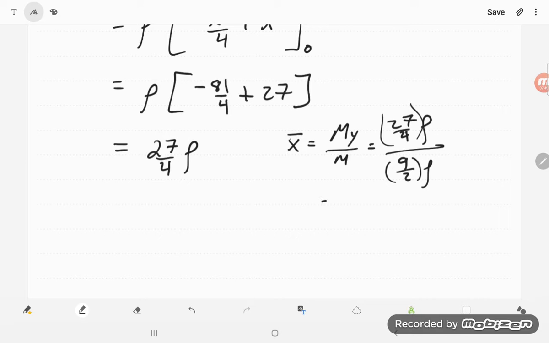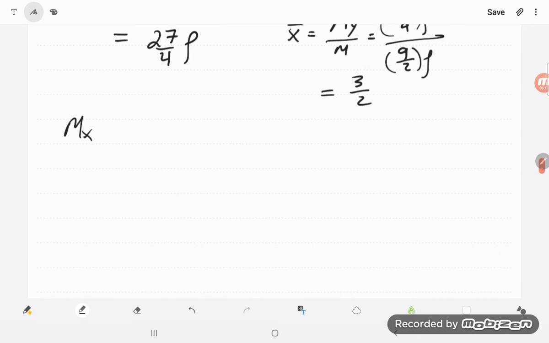Rows, of course, disappear, and we get 3/2 when we invert and multiply. So our x bar is 3/2, and we'll look at those in our picture here in a bit. So that's 3/2. Now we need to do our m sub x,